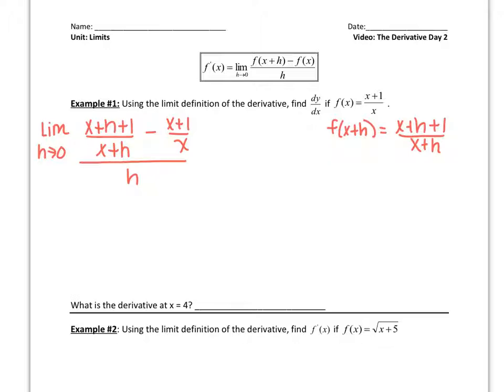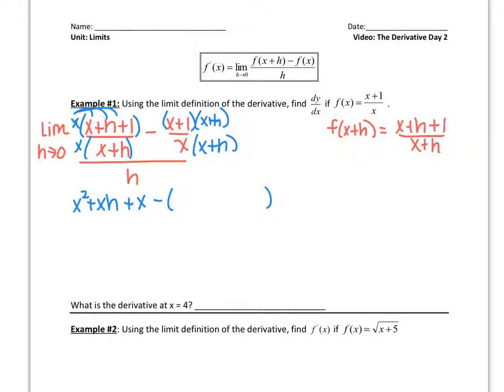Now, before we can take the limit as h approaches 0, we're going to have to do some algebra and simplify this expression. So we're going to need to make a common denominator. This side is going to need an x plus h, and this side is going to need an x. So if we distribute the x in, and we double distribute this, let's see what we get. x squared plus xh plus x minus